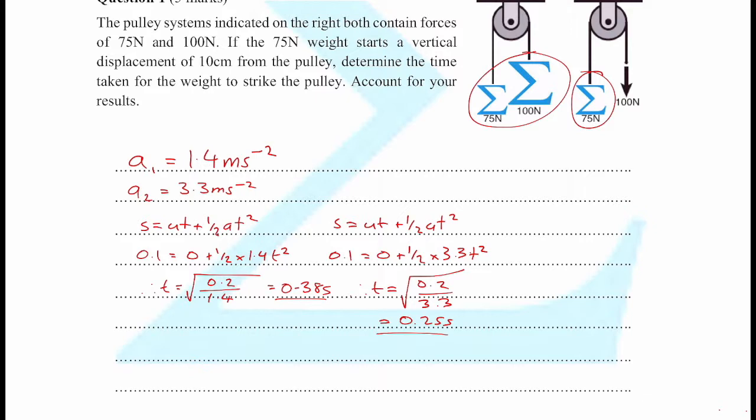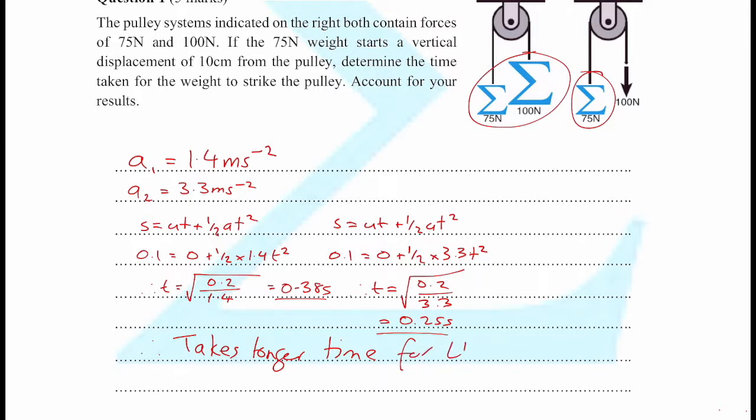The second part of the question says to account for your results. Okay, so really the calculation is kind of accounting for the results, but the bit of the explanation which we need is essentially the net force. In both scenarios, the net force is more or less 25 newtons. It's just that on the left-hand side, the net force is causing the acceleration of the entire 100 plus 75 Newton system, whereas on the right-hand side, that net force of 25 newtons is just causing the acceleration of the 75 Newton sigma. Okay, so we can say, therefore, it takes a longer time